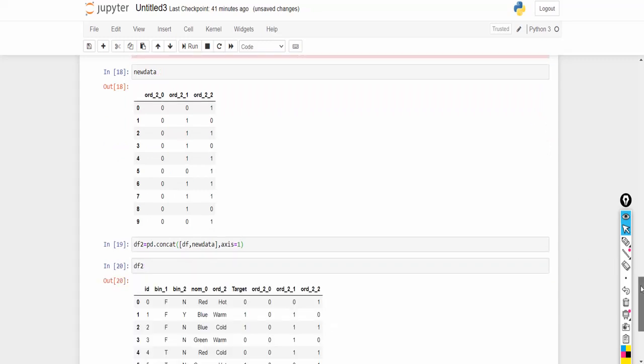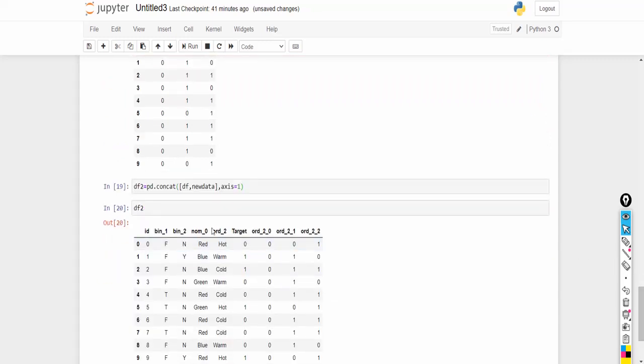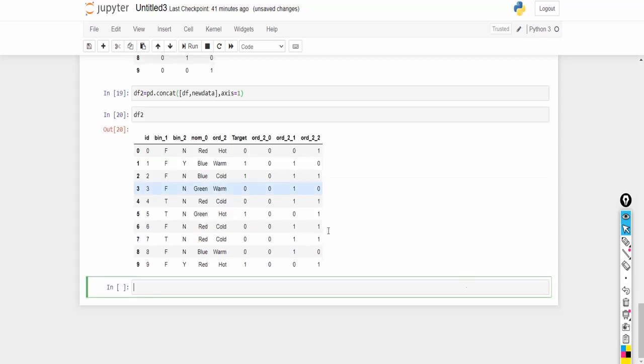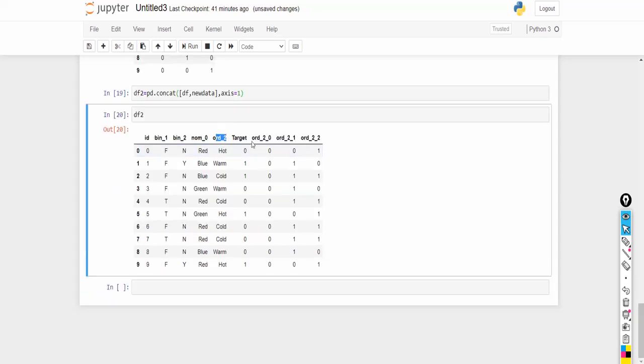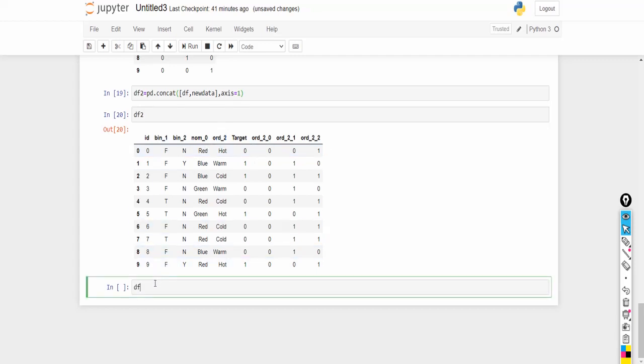In df2 we can find the odd_2 as well as the binary representation of odd_2. You can even drop this odd_2. Now this has been converted to numerical features, so odd_2 is not required, right? So you can directly drop this odd_2.